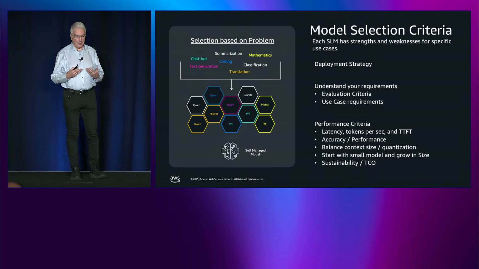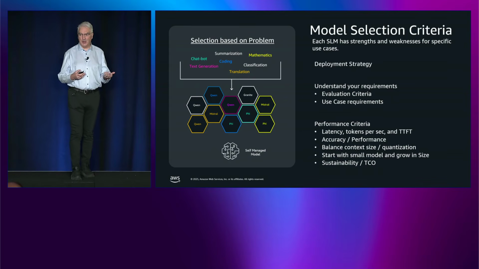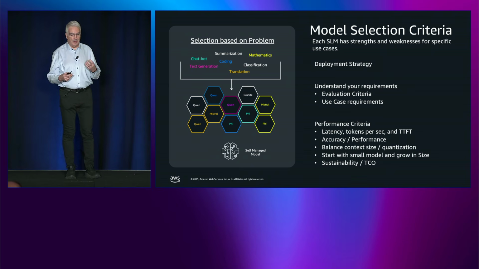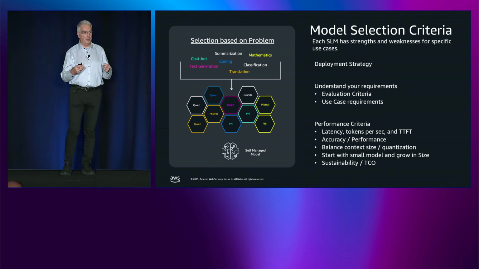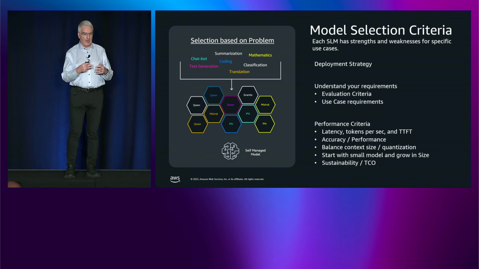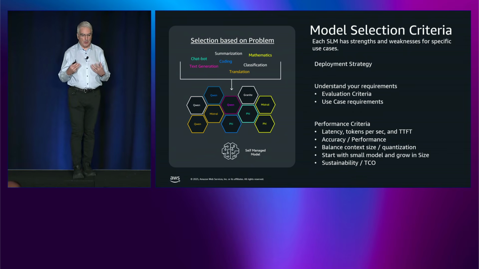So from a deployment strategy, the first thing to decide is how you're actually going to deploy the model. Do you want to go for an LLM strategy where you have an enterprise LLM running on hundreds of GPUs, or do you go with the industry trend of having small language models that work on a particular task or a particular system? Then what we've learned over the last years is it's really important to understand what you want the model to do, not just at the high level, but in detail. You need to have really good evaluation criteria, and the use case needs to be defined to a fairly low level. Then you've got choices to make.